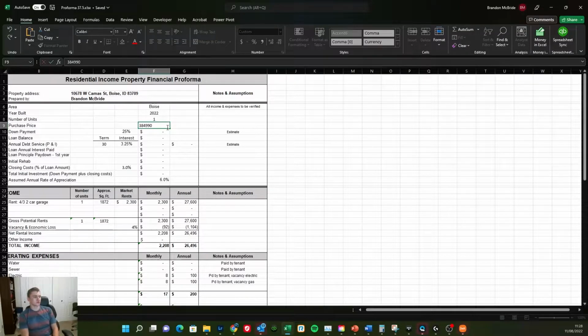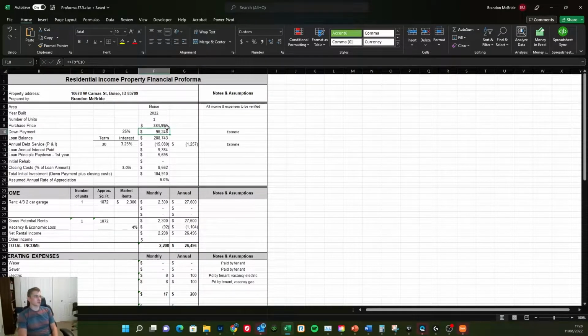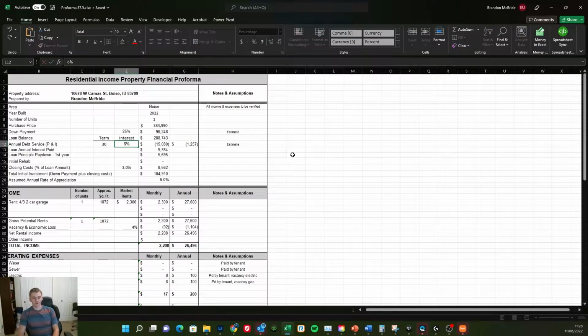But I mean, you can also run them just on a pre-negotiated price or a price you're hoping to negotiate it down to. You just want to stay conservative with your numbers. And so running this, interest isn't 3 1/4 anymore. It's probably going to be more 6 1/4, 7. So we'll just do 6 3/4. Closing costs, we'd probably stick closer to like the 1.9%. From what I've been seeing,